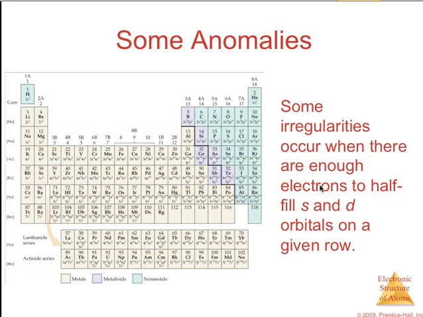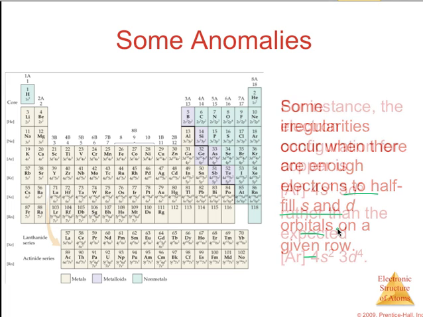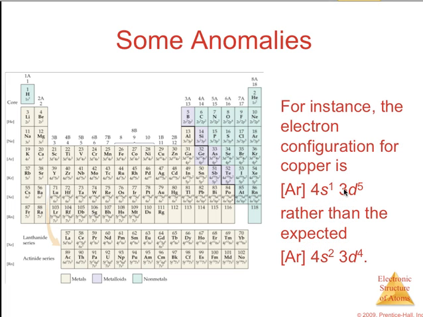There are some exceptions to that pattern that you should learn. It really occurs where there are enough electrons to half fill an s and a d orbital on any given row. For instance, copper, if we find copper, copper is here. From its location on the periodic table, we would initially think that this would be a 4s2, 3d